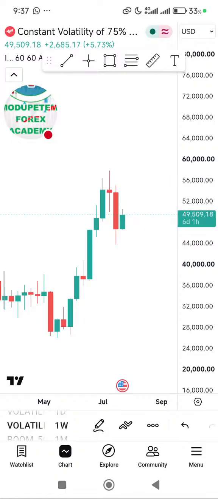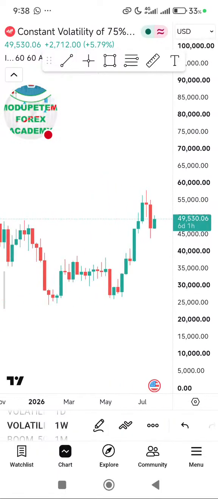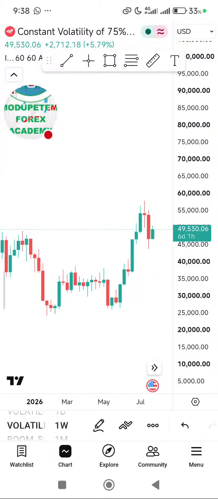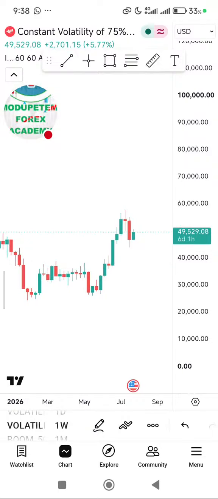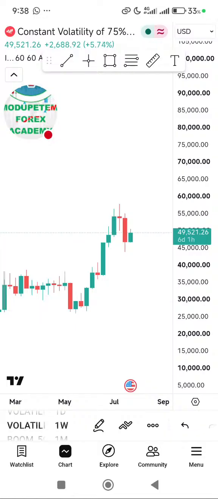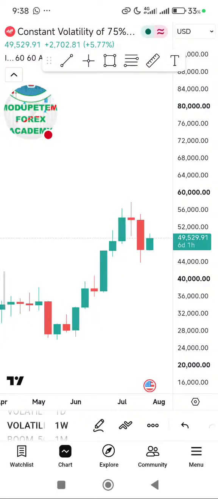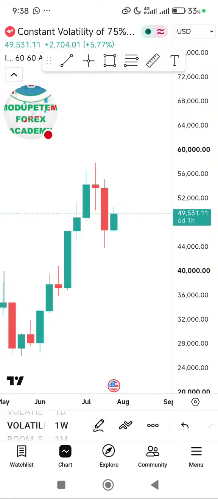What you can say on the weekly time frame is that, looking at the structure we have here, and the video I posted this evening about CRT, part one, there's what I call liquidity and candlestick anatomy. If you look at the last candlestick on the weekly time frame, it is a bearish candle.